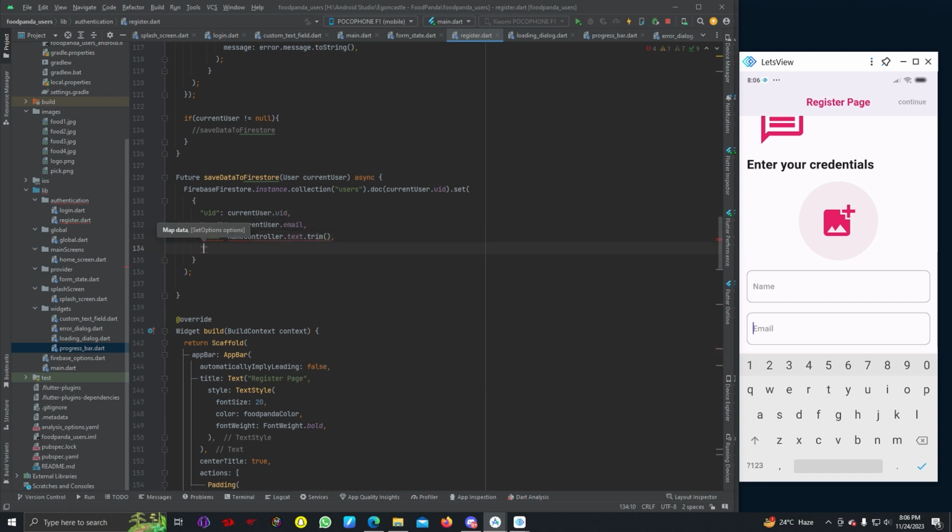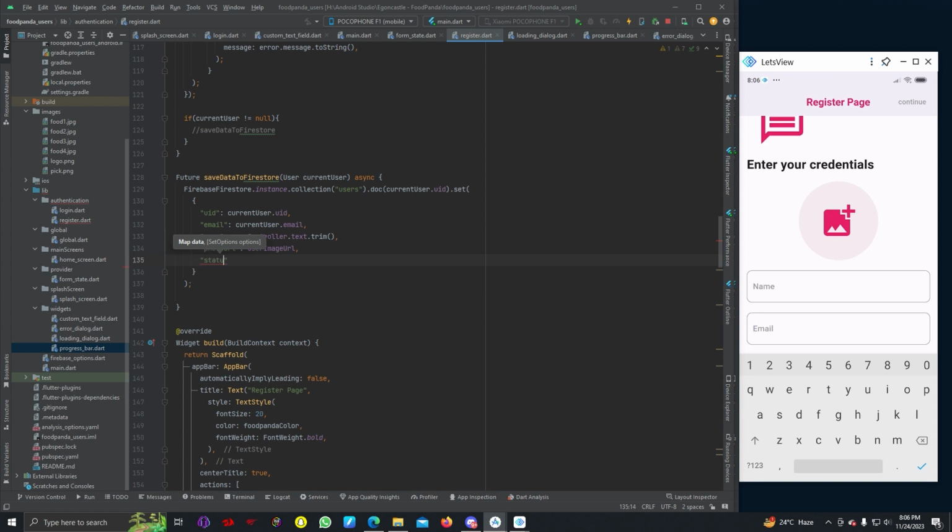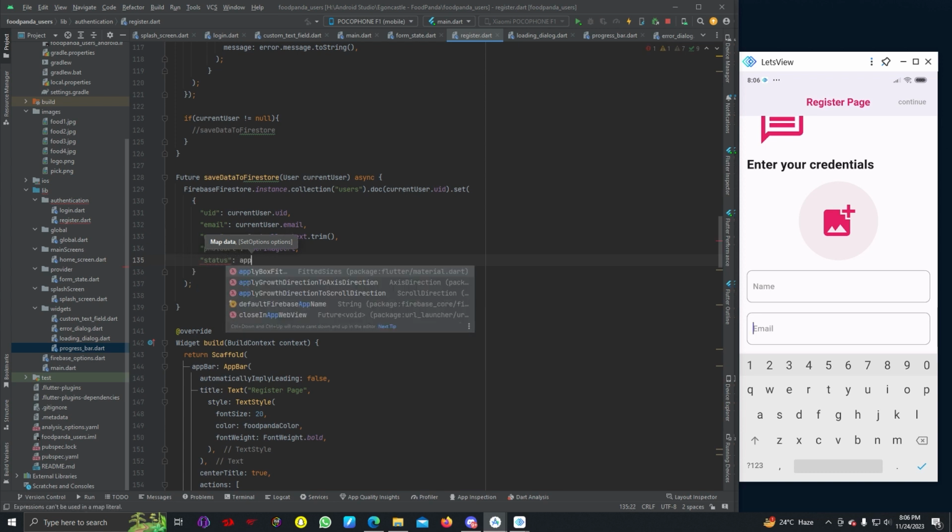Then I forgot to add a colon, sorry. Then photo url user image url, status approved,